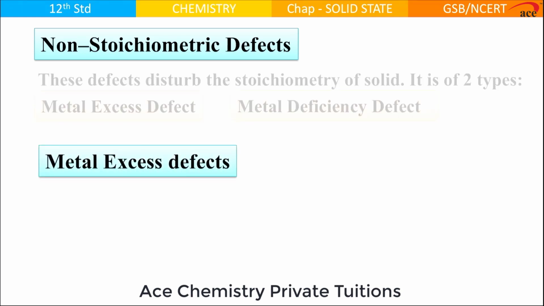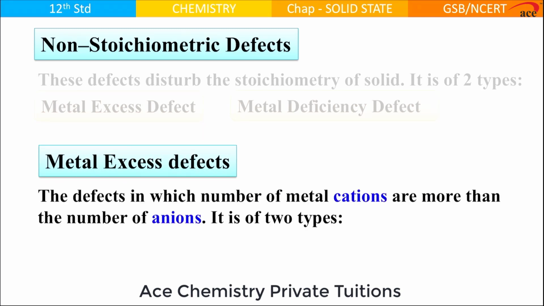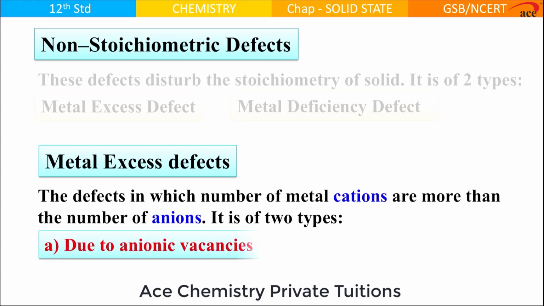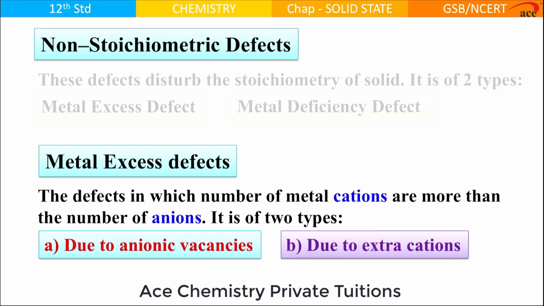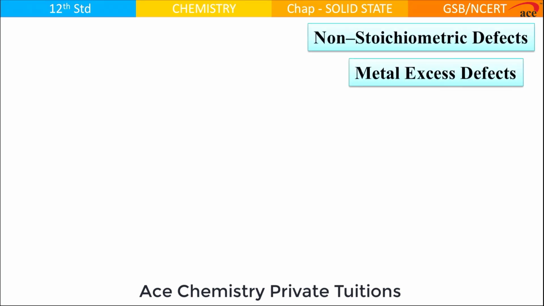Metal excess defect. In this defect, metal cations are more than the number of anions. When metal cations are more, such a defect is called a metal excess defect. It is due to anionic vacancies or it can be due to extra cations. So, we come to metal excess defect under the category of